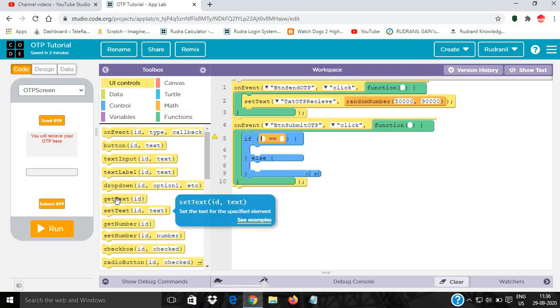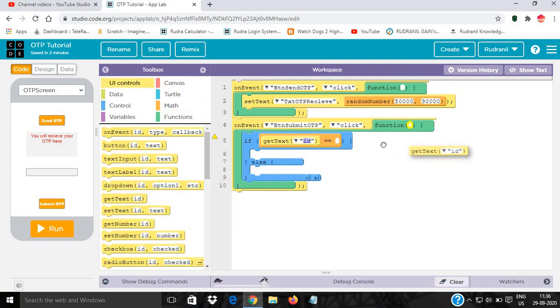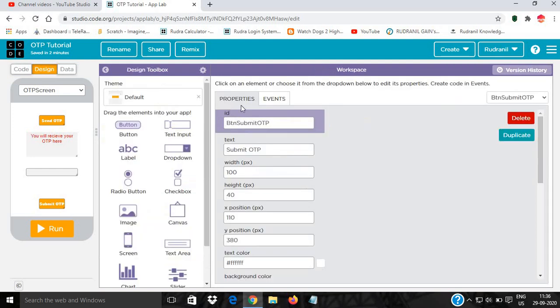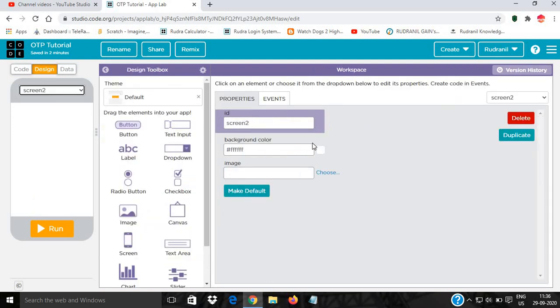If get text is equal to get text, that is, if the OTP given in the txt enter OTP matches the txt OTP receive, then it will be done and it will set the screen to a new screen, and the setting screen I will do after some time. If get text txt OTP receive is equal to txt enter OTP, then design give new screen.